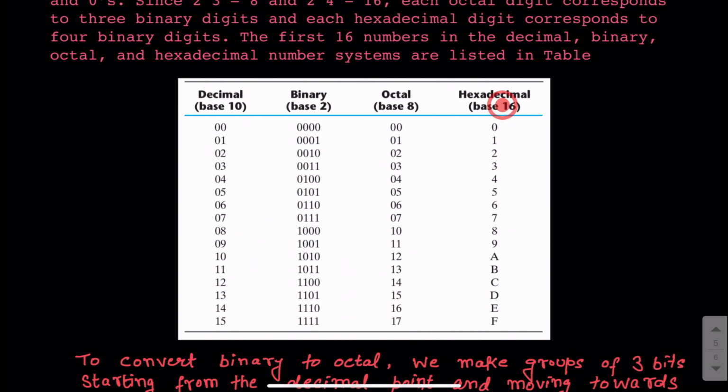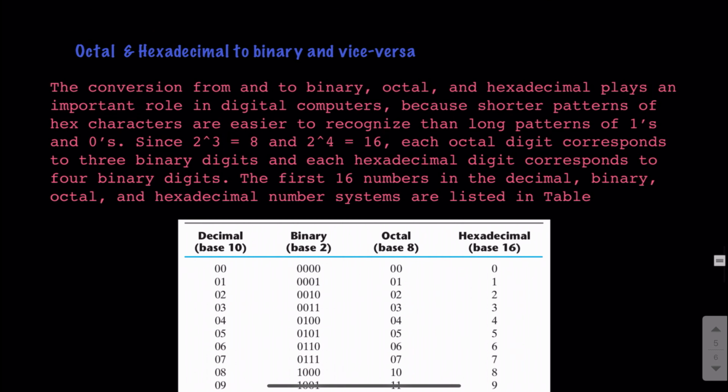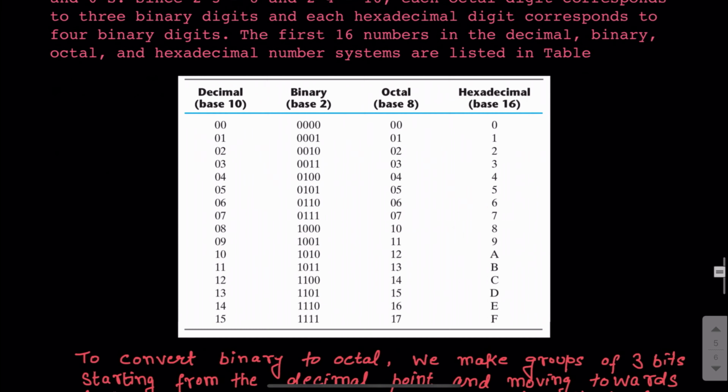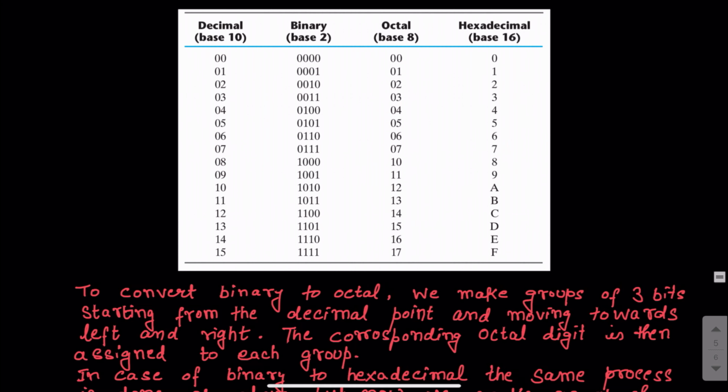And then in hexadecimal, I can represent each of these numbers without any conversion, because hexadecimal has 16 possible symbols. And that is why it is said that hexadecimal is popular among computers, because shorter patterns of hex characters are easier to recognize as compared to the longer patterns of ones and zeros. So they take a lower amount of memory as compared to saving in terms of binary. So once you verify this table, you can understand that if I convert octal to binary,